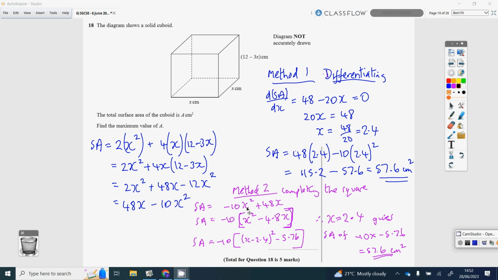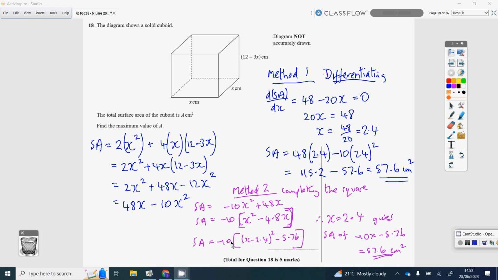So we've got minus 10x squared plus 48x. Now, to complete the square, we need a single x squared. So I've taken my minus 10 outside, leaving me with x squared minus 4.8x. Completing the square on that, I get x minus 2.4 all squared minus 5.76. So I can see there to get this at a maximum,